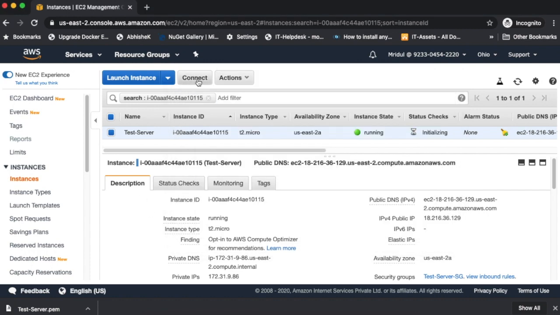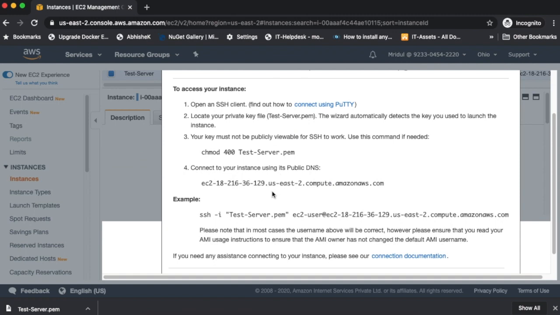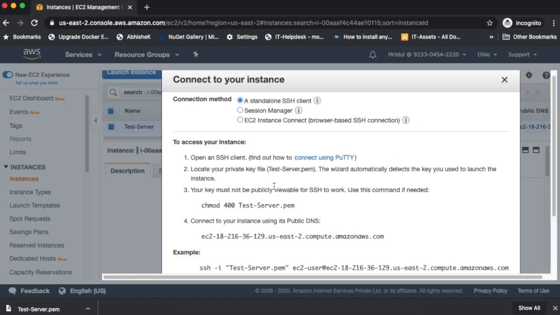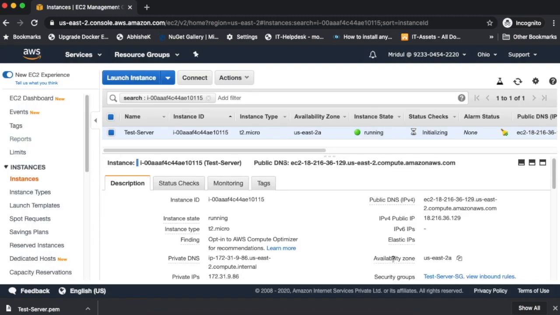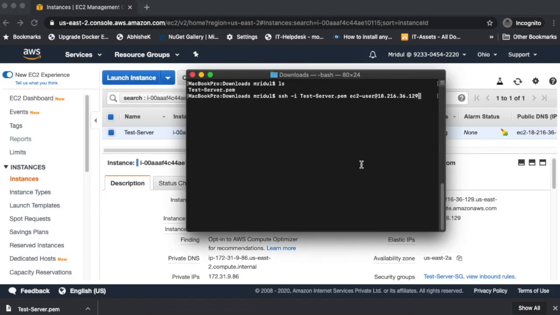And here you can see that if you require the username, when you click on connect, you will get it here. Suppose if you have launched CentOS, you will get the user of CentOS, and like Ubuntu, then you will get ubuntu. So I'm using this one.